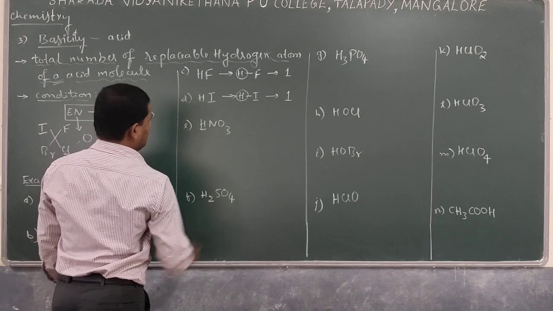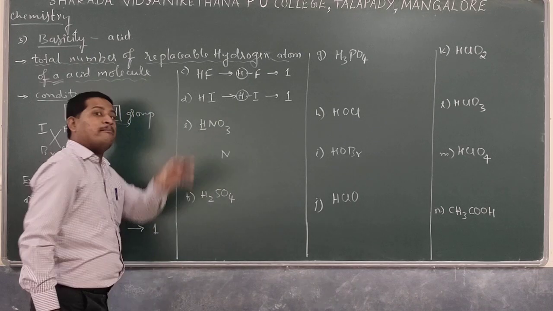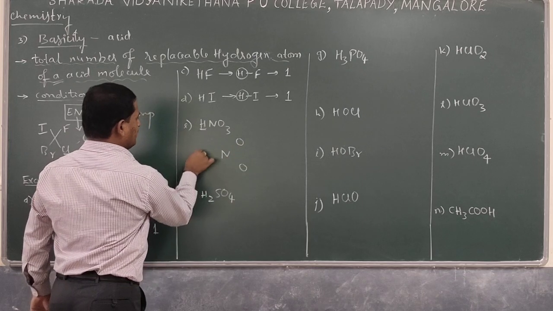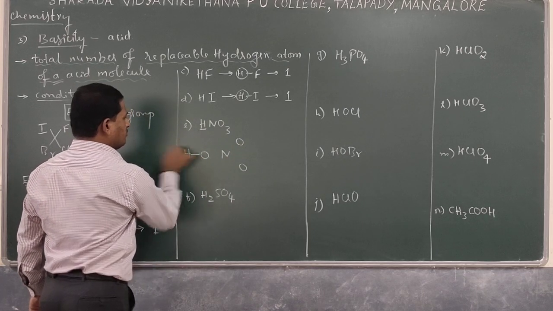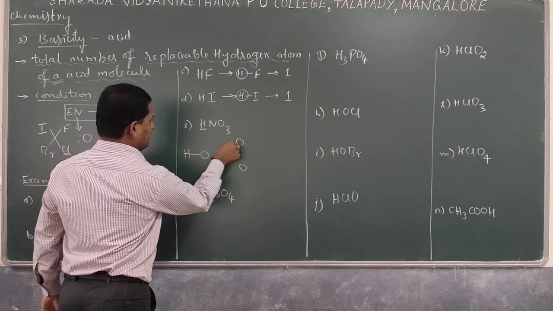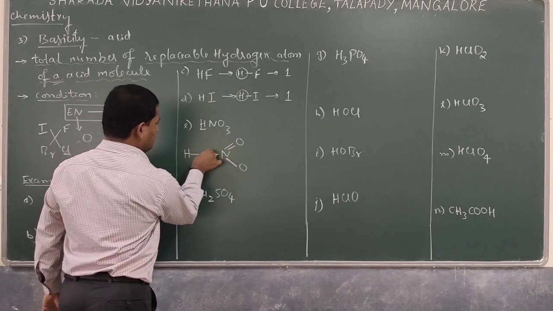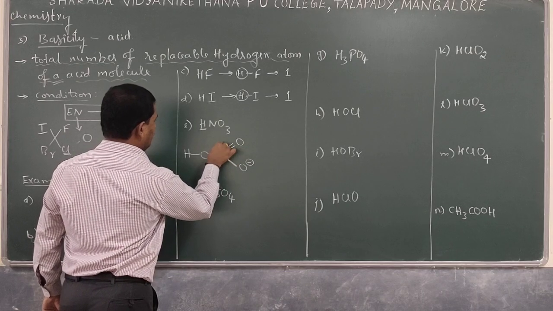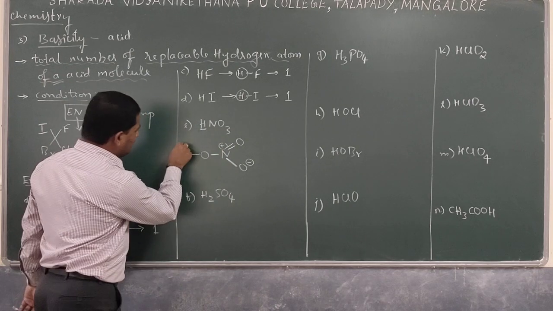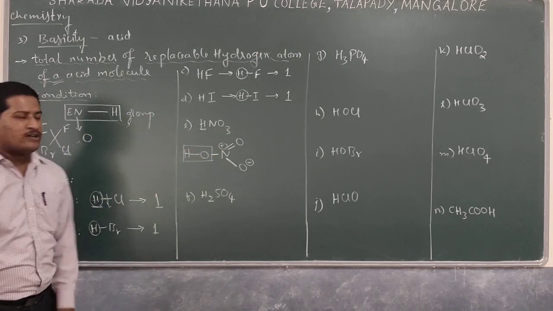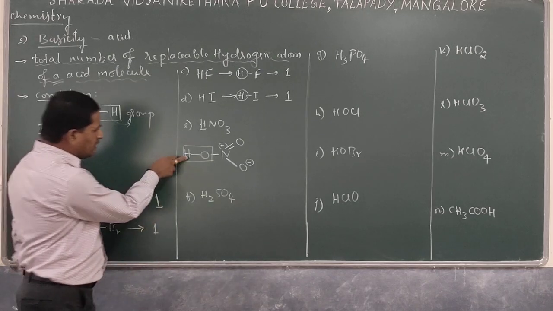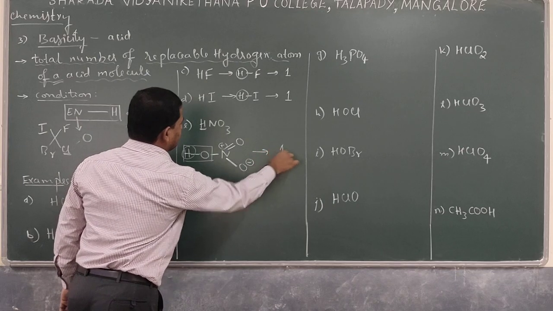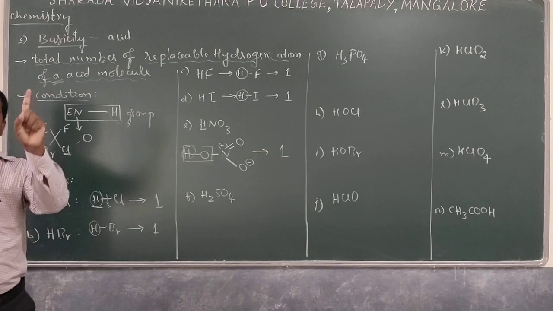So the structure of HNO3 says the nitrogen atom is the central atom, the main atom, and that is held by oxygen atoms. Totally 3 oxygen atoms are there. In that, on one oxygen there is an OH group bonded, and on the remaining one there is a double bond, and there is one single bond. So this is the actual structure one can find, the actual structure of the nitric acid molecule. The number of OH groups present is only one. The number of replaceable hydrogens present is only one. That hydrogen is bonded to an electronegative element. So the replaceable hydrogen is one, and as a result the basicity of our nitric acid is one.